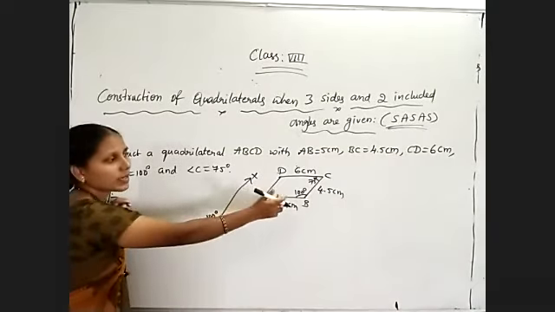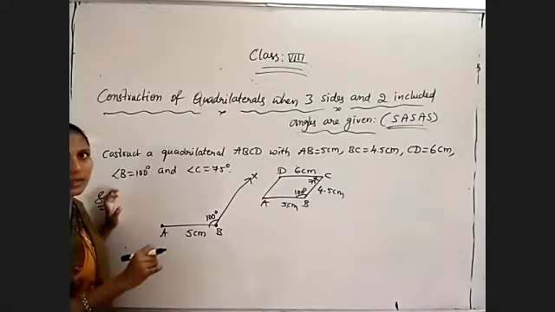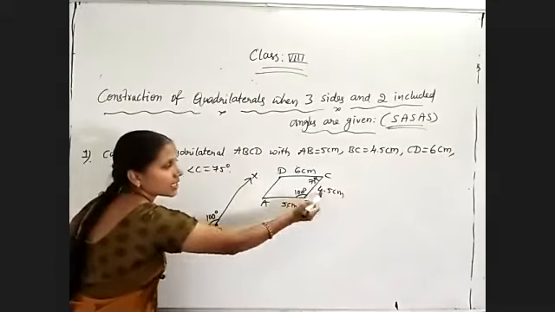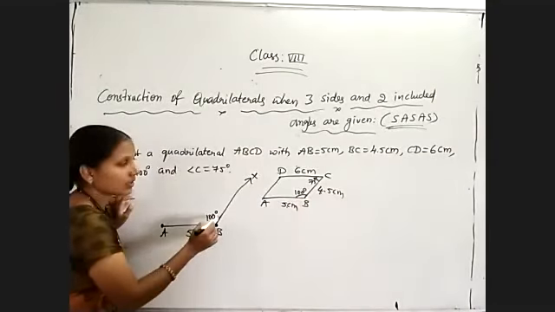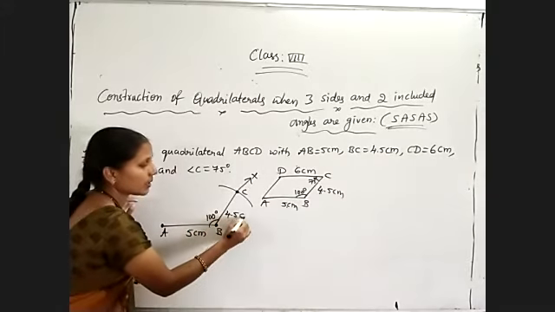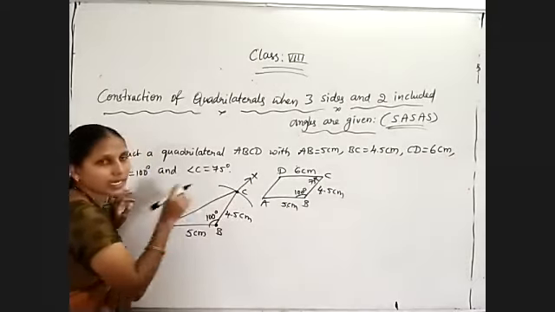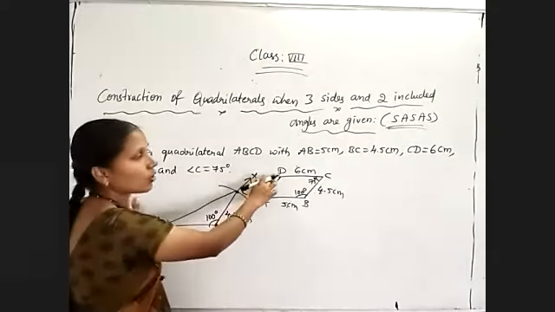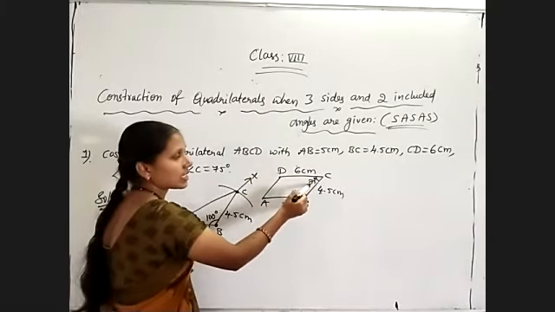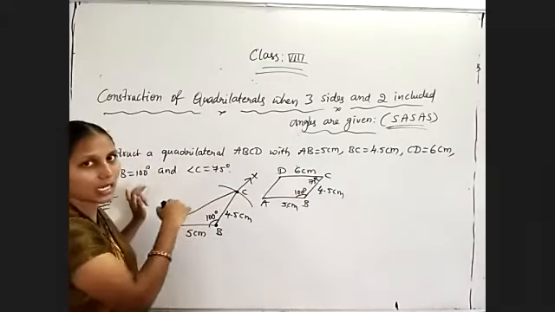Now BC: A, B and the next vertex will be C. BC length is equal to 4.5 centimeters. So with your compass, we want to locate C first of all. Take a 4.5 centimeters radius, B as center, and draw an arc at C. So like this, we got triangle ABC using the side, angle, side criterion. Now to get the fourth vertex, the remaining 2 measurements we need to use: angle C 75 degrees we must construct, and by using the CD length we must draw the arc.